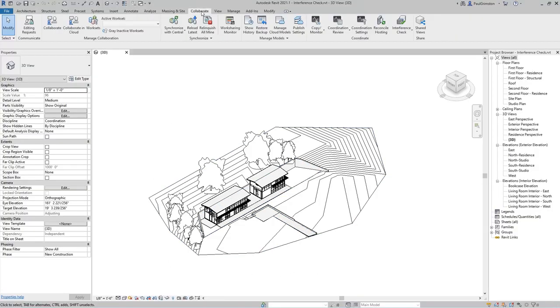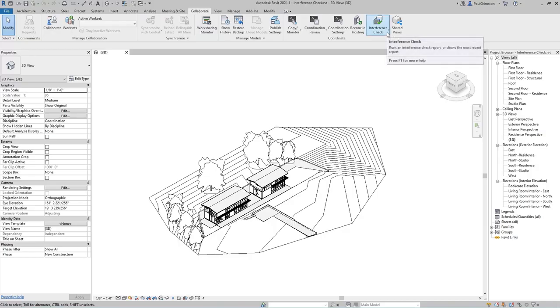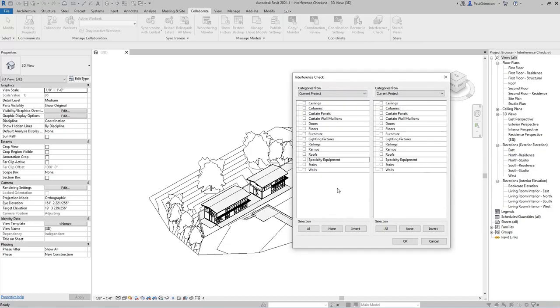So from the Collaborate ribbon tab on the Coordinate panel, we can choose Interference Check and then to run an interference check. And now looking at the settings, we can see we have two lists of categories, and they're both from the current project. Rather than just check all of the categories on both sides, as that may lead to a very long list of interferences if there are any issues, we'll be more selective. And I know that I've changed the wall types to be slightly thicker in this project recently, so I'll choose the walls and I'll check those against the stairs, the railings and also the furniture. So I'll select OK, and